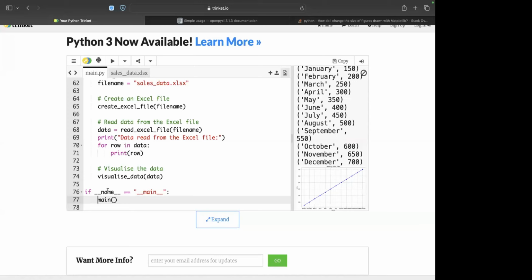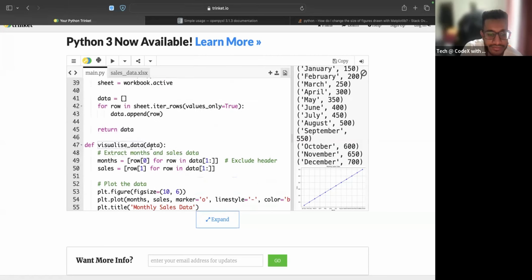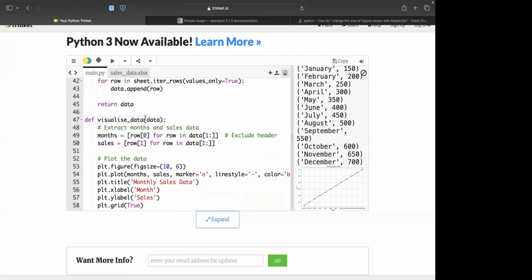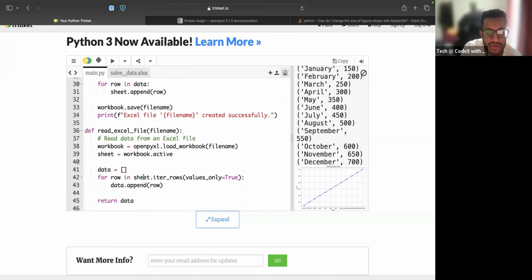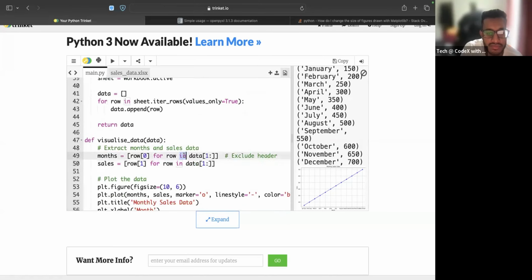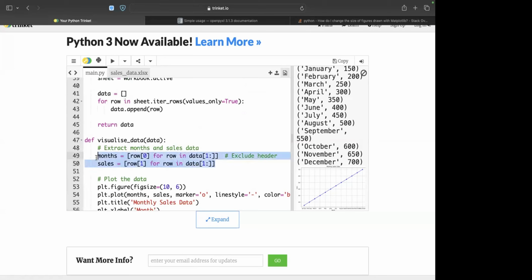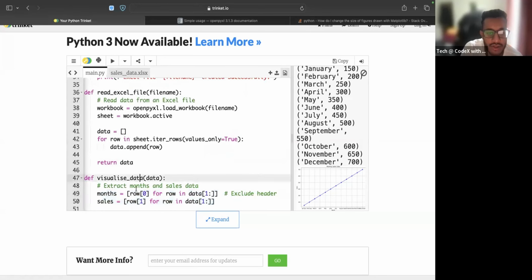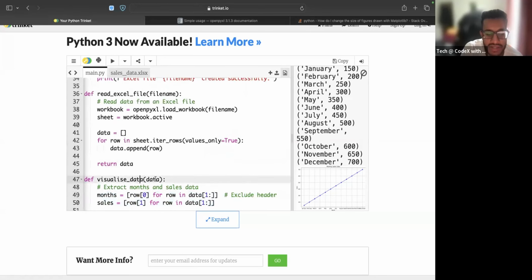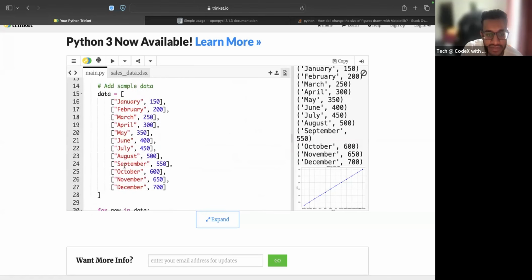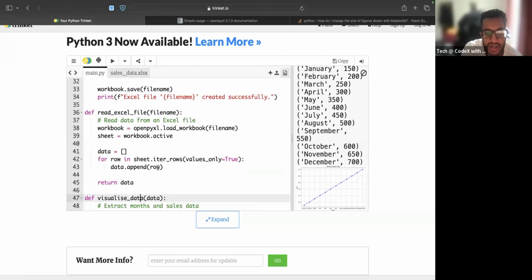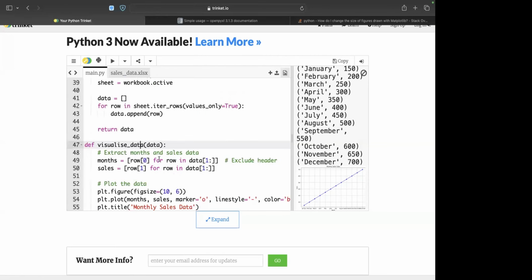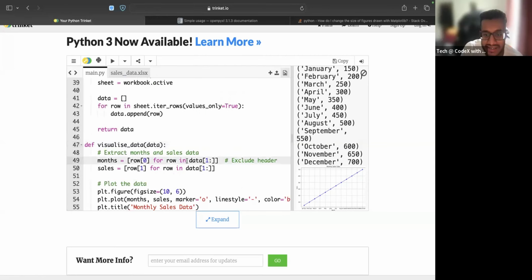Okay. And another one, again in the visualize data function. Would you explain again the month and sales row 0 for row in data, and the next line? Sure. So this one here, row 0, that is basically the first bit of this, right? So Jan, Feb, March, April, May, June. So that's what we're directing it to. So what we're saying is for each row within that data,